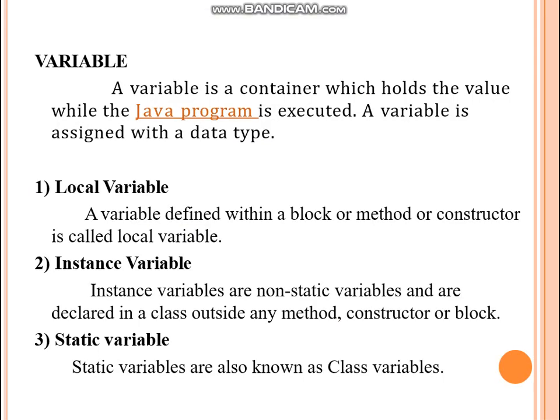So next, variable. A variable is a container which holds the value while the Java program is executed. In a Java program, a variable is assigned with a data type. Local variable, instance variable, dynamic variable. A variable defined within a block, method, or constructor is called a local variable. Instance variable is a non-static variable or declared as a